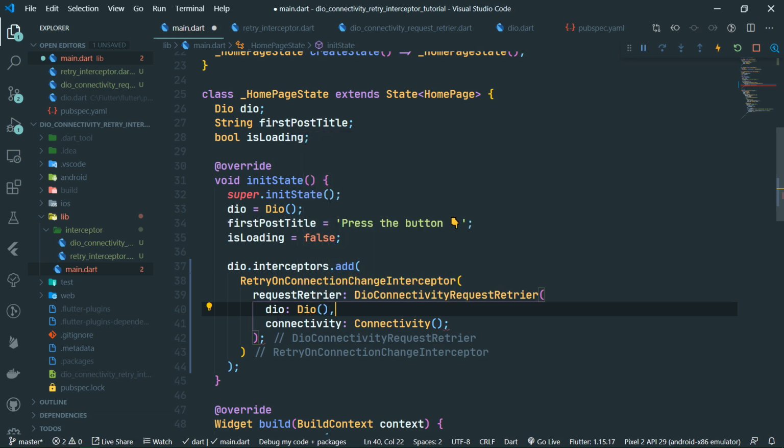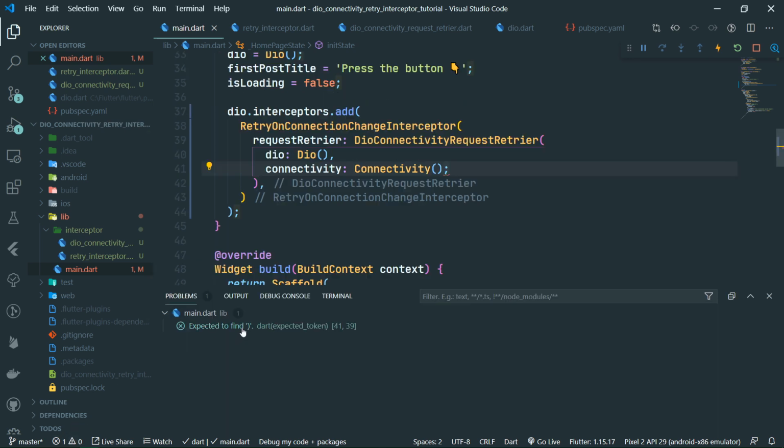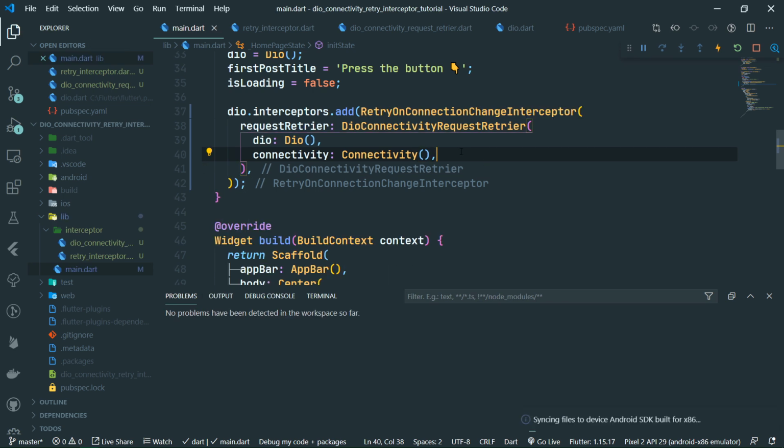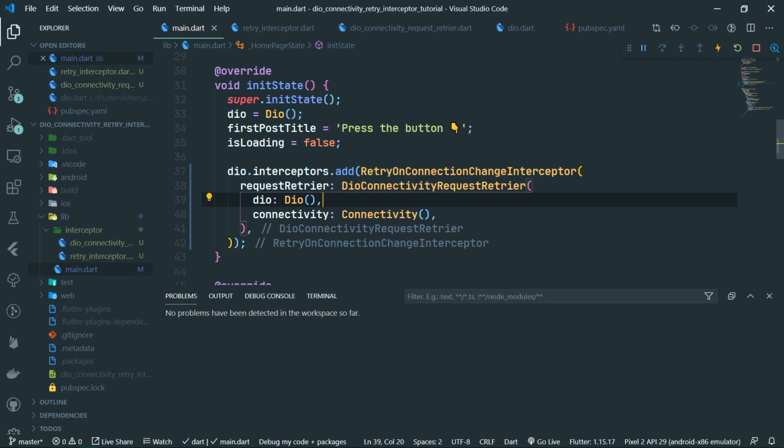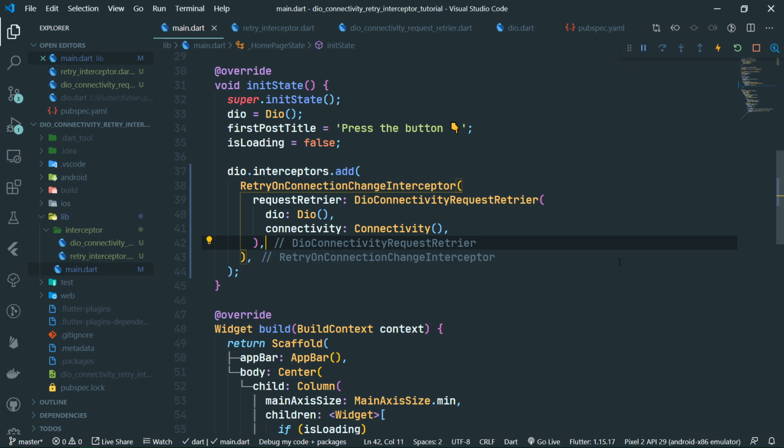And of course, you would not do this manually in a real app. You would instead use some sort of a dependency injection system like injectable to populate these parameters of the constructor. And now we have introduced some sort of an error to our project. I'm not sure why. Oh, there should not be the semicolon. That's kind of obvious. But anyway, we've just added the interceptor, and when I hot restart the app now,